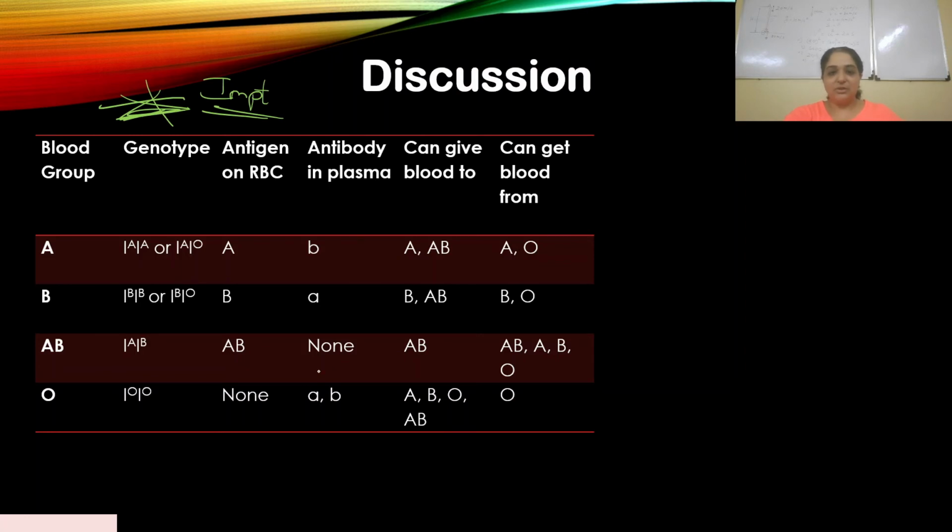Again, we have looked at blood type O, which is a universal donor. I've already explained to you why this is a universal donor. It has no antigens and it has antibodies A and B in the plasma, and so it is able to donate blood to any type of blood group. All right. Let's move on to the next question.